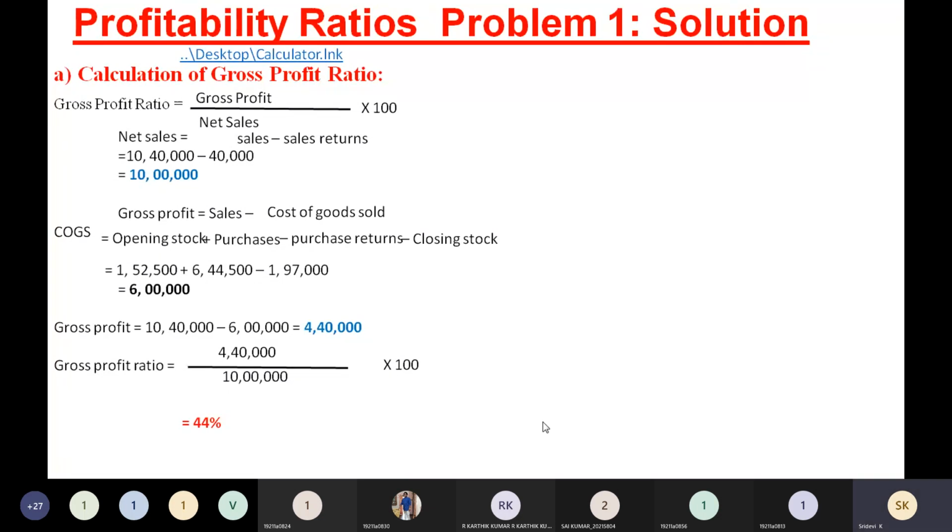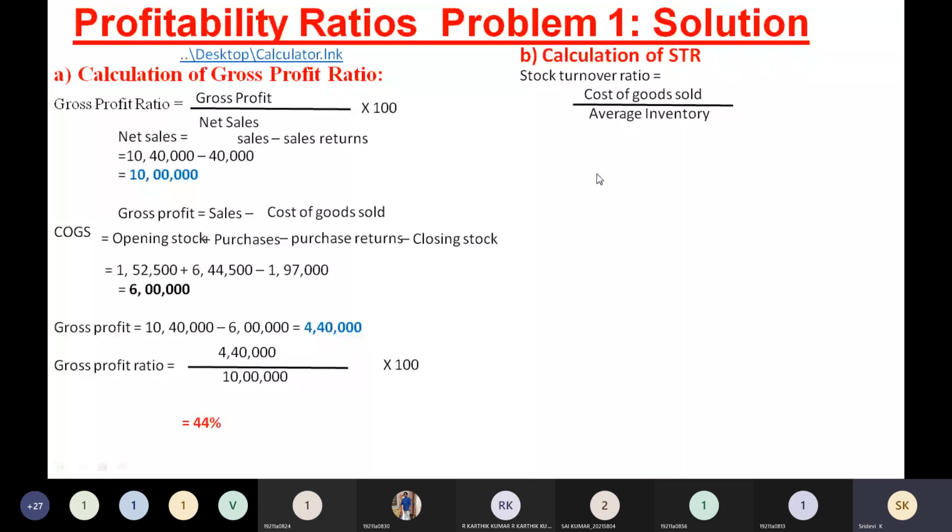So now next what we need to calculate is the stock turnover ratio. So let us calculate it now. Keep the heading as calculation of stock turnover ratio. So stock turnover ratio is equal to, already we have calculated this inventory turnover ratio in the previous class. The formula is cost of goods sold divided by average inventory. Already we have calculated cost of goods sold here. You need not calculate it again. Okay, we got 6 lakh rupees here, so you use that.